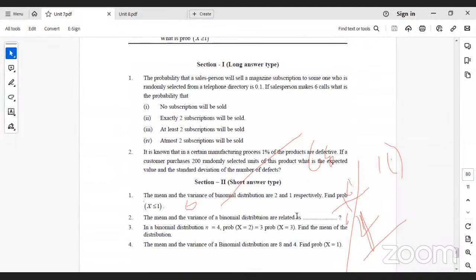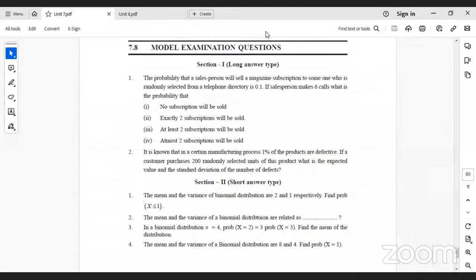This is the most important in this unit: the mean and the variance of the binomial distribution of the respective. Find the probability x less than 1. The first question is most important, and the second long question is the second most important. Okay, sir. Then we will go to